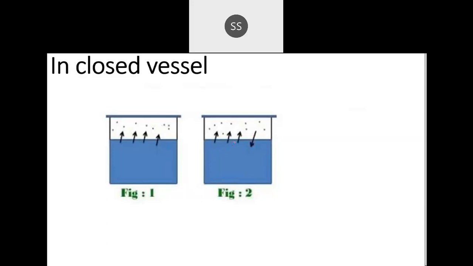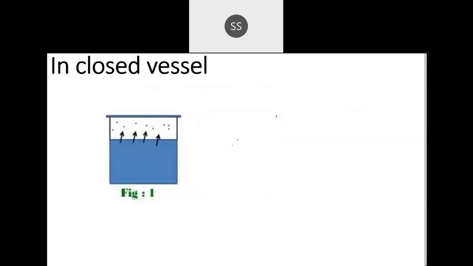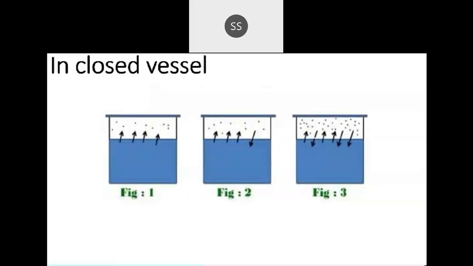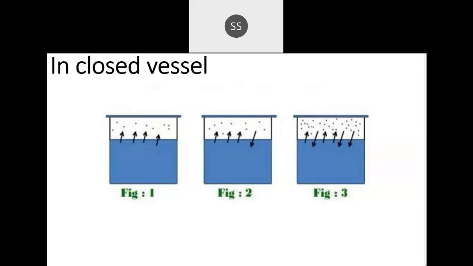Once the space becomes totally full, the molecules which have gone into this empty space are now in the gas phase. They will hit one another because they can't go out anywhere. They are confined to this area, and because the vessel is closed, they can't escape. In the open vessel case, the gases could escape out, so they could not exert any pressure.